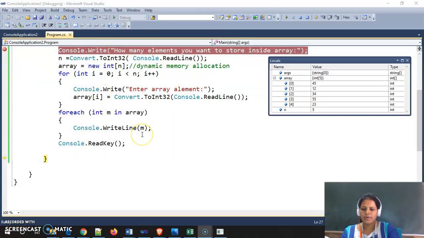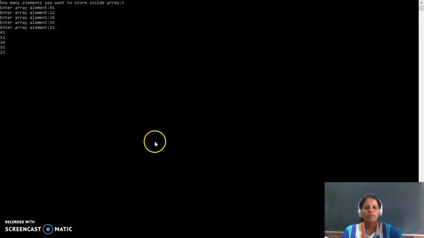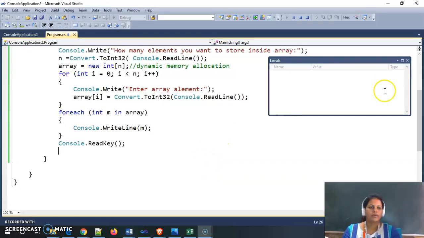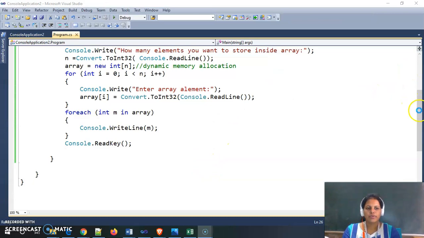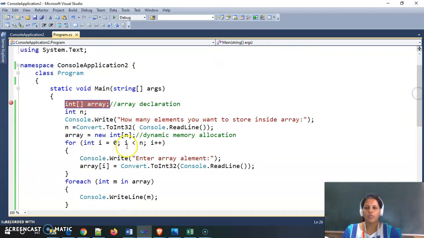So in this way we have seen how dynamic arrays work.